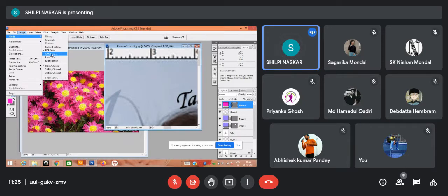Okay, other than LAB color mode, LAB is a device independent color mode. Whatever device, if you make a certain image or certain work in LAB color mode, you can use it anywhere, everywhere, and you will be seeing the same color output, as LAB color mode is device independent, but all other color modes are device dependent. Okay, that means you need calibration.